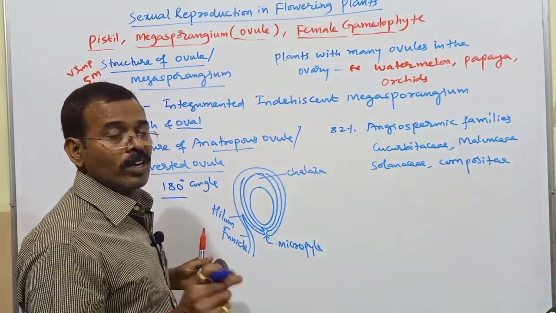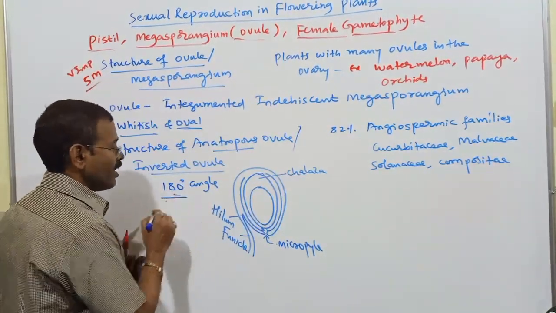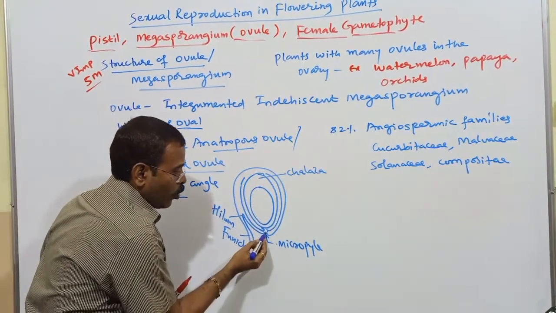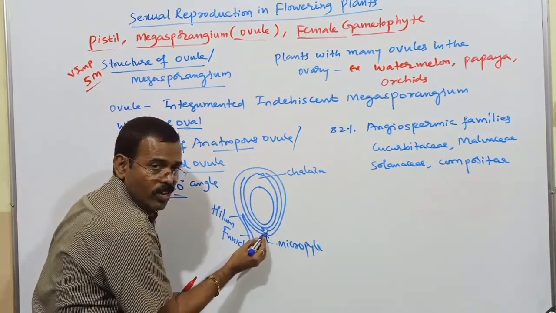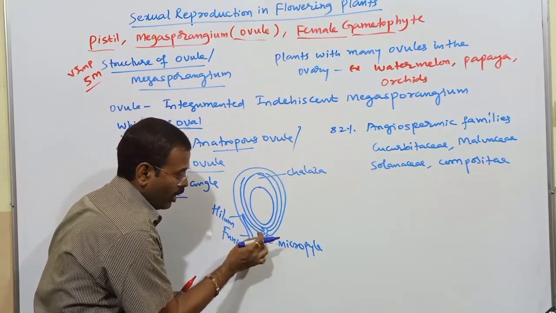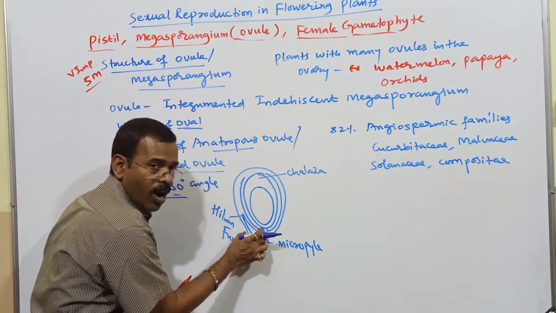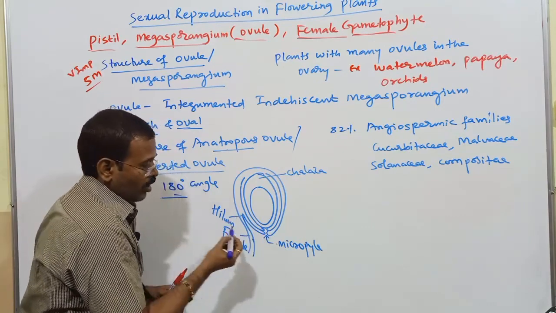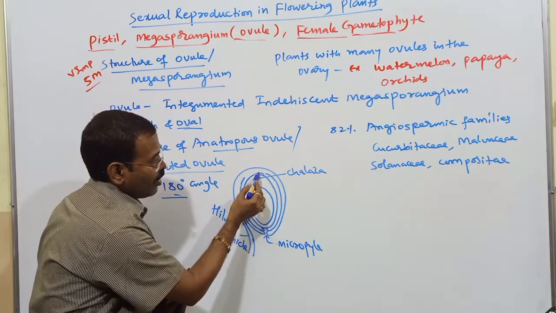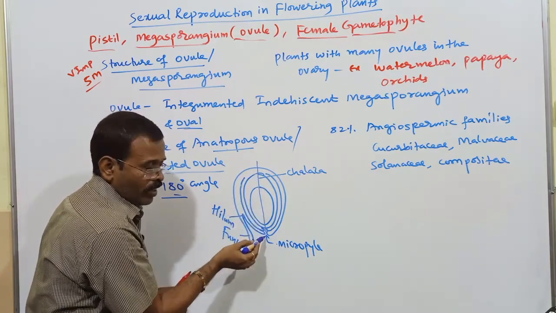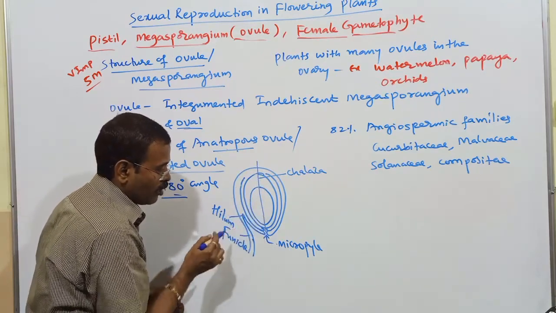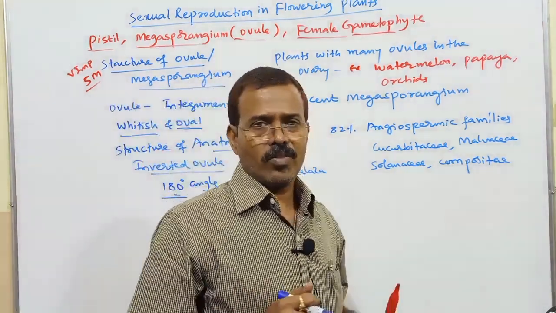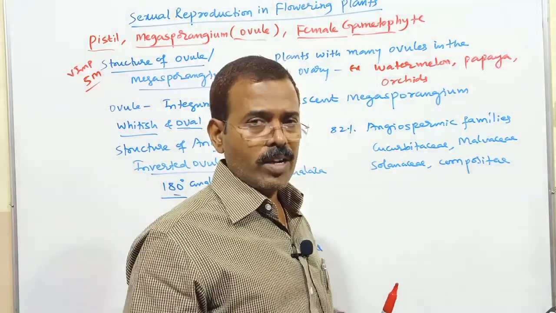The ovule which takes a turn of 180-degree angle is inverted like this. Where the opening, the passage, is called the micropyle, it lies very close to the stalk, the pedicle, or very close to the hilum. So this micropyle and chalaza lie in one vertical plane, but the micropyle is very close to the hilum or funicle. This is what we call an inverted ovule. So this structure we have to learn, very very important. So we will learn now.